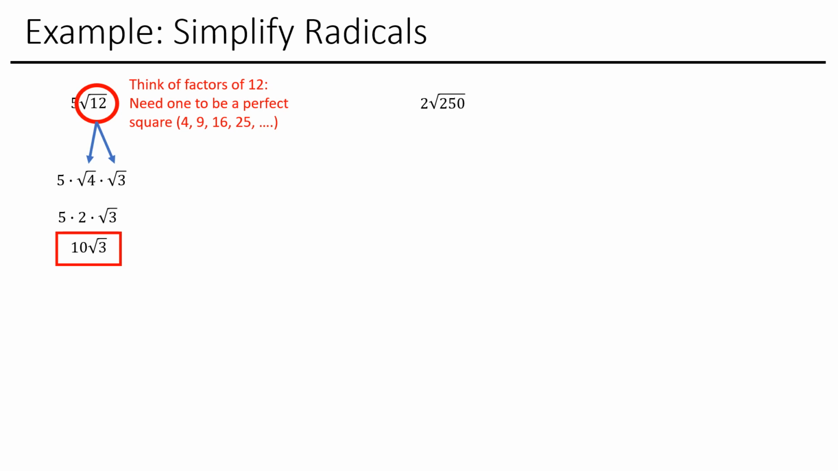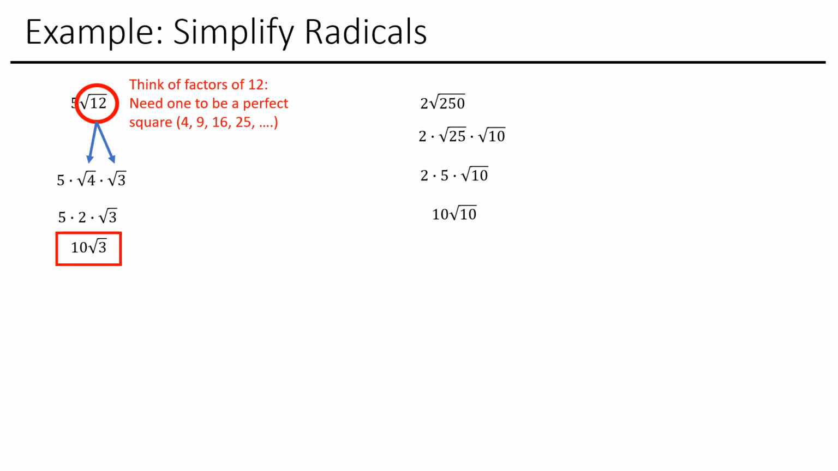Now let's look at 2 times the square root of 250. All right, we're going to do the same thing. We're going to break 250 up into the square root of a perfect square times the other factor. And so that's going to be the square root of 25 times the square root of 10. Now, then you can take the square root of 25, which is 5. So you're going to have 2 times 5 times the square root of 10, which is 10 times the square